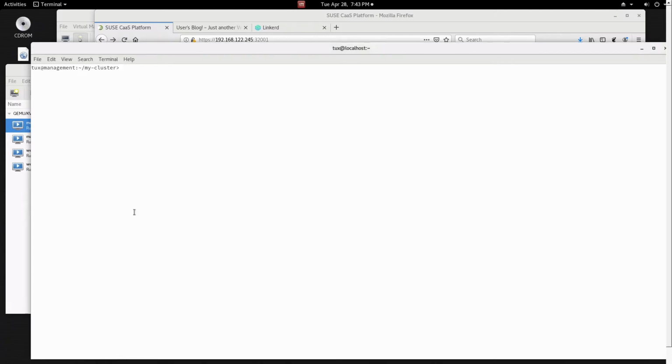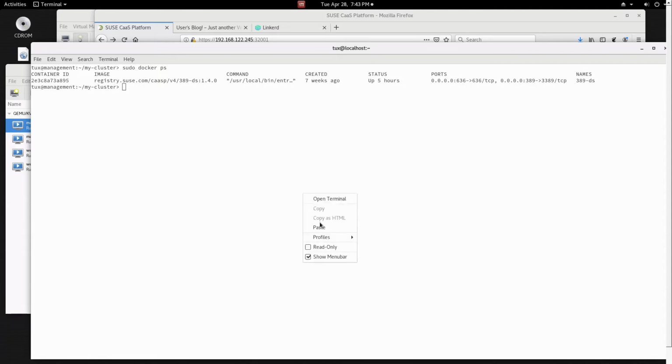For that, we are connected to the management node here and in the right directory, the my-cluster directory, which corresponds to the cluster name. So first, let's check if our LDAP server is running as a container with docker ps. This is the case. Now let's look at the contents, for example, the users' contents, with the ldapsearch command